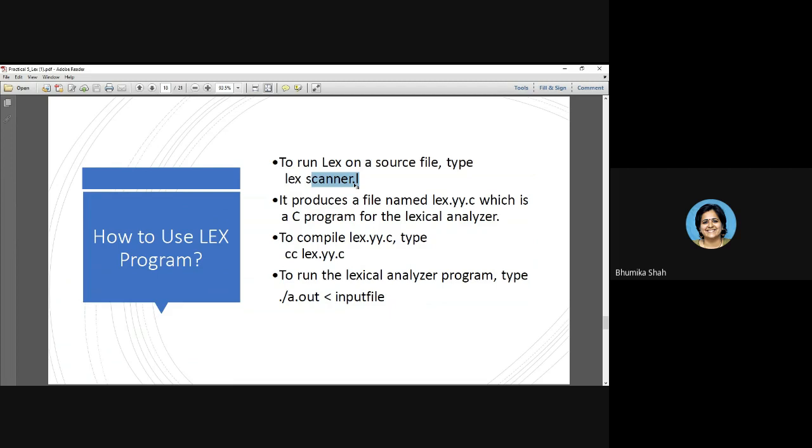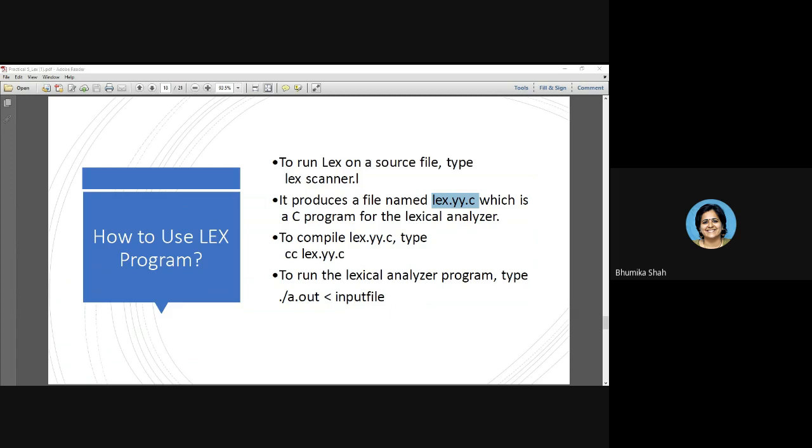Once those packages are available, the command is lex. Writing lex will invoke your lex tool, followed by the name of the file, .l or .lex, whatever you have. If your lex program doesn't have any error, then the lex.yy.c file will be created in your current directory.